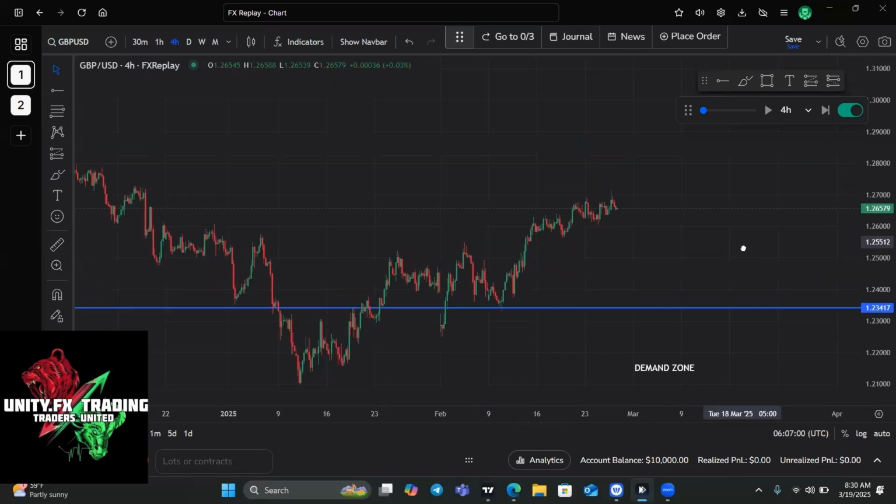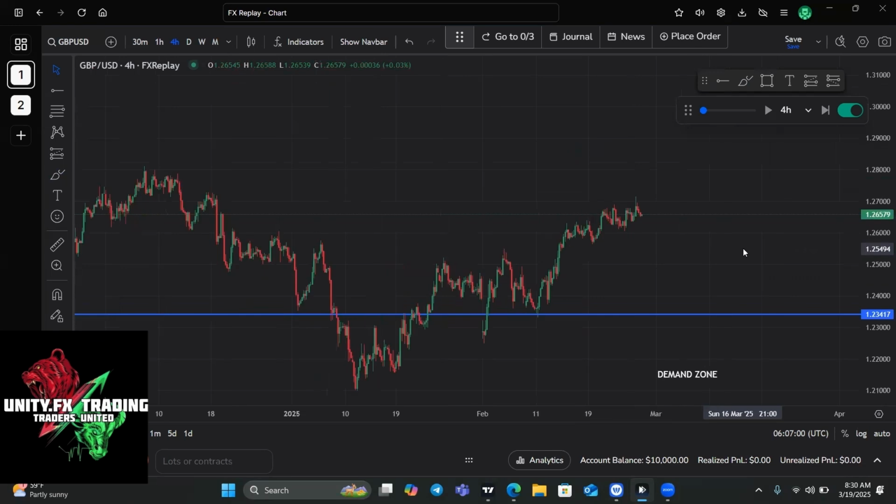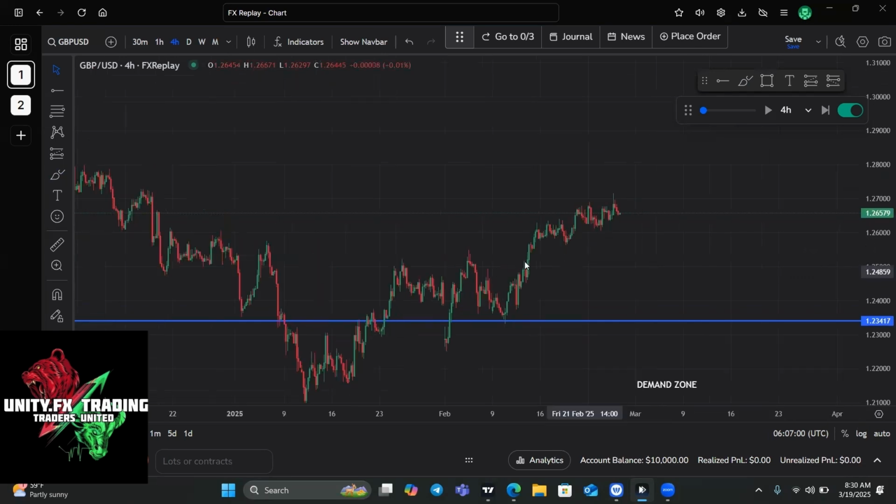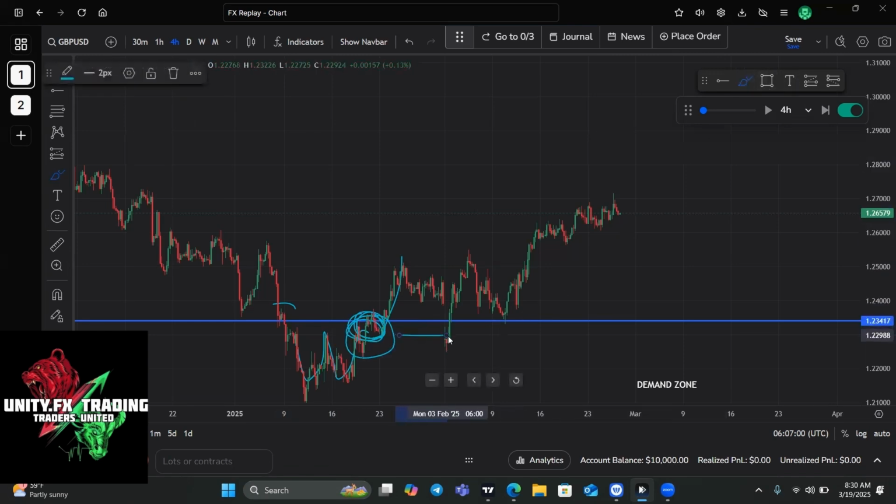So this is what happened, guys. As you can see here, the market was consolidating. Finally, it broke this high in here, breaking structure, making this demand a good demand zone to take your trade. And then price came back here for a retest, the demand held, it went up, it broke structure here,